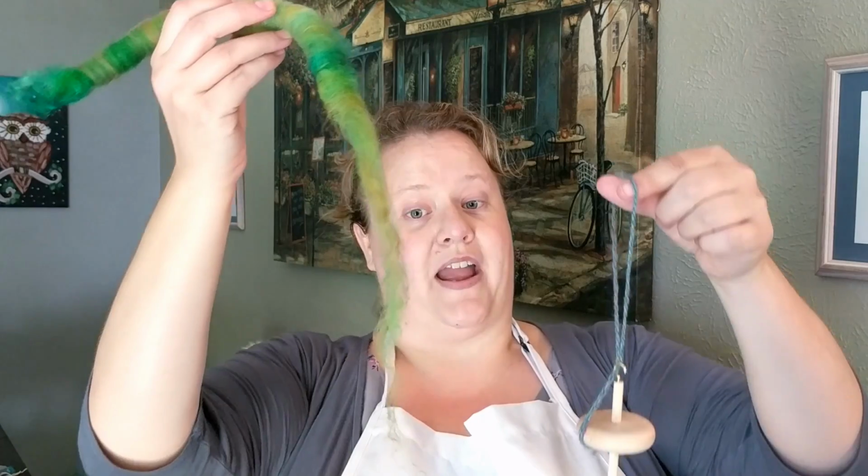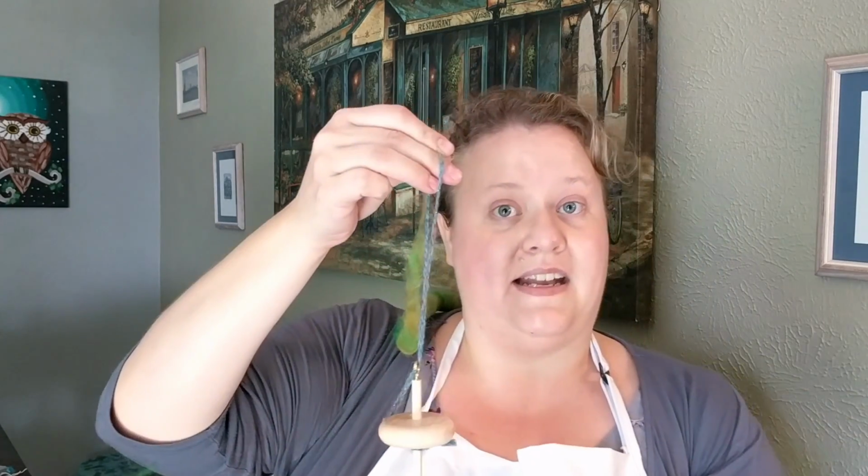What I'm going to do to start out is I like to keep a little space in my leader so that when I'm adding twist, I can still add fiber to that section of the yarn. And probably the easiest way to do that is to just go ahead and place the fiber right into that little triangle that I've created. So what I like to do is I'll take the fiber and sandwich it between the leader yarn loop and my finger,